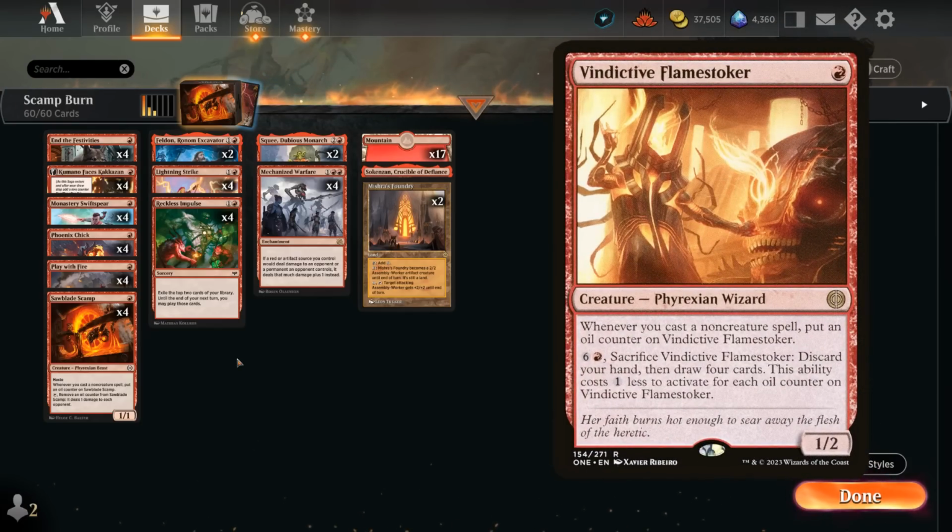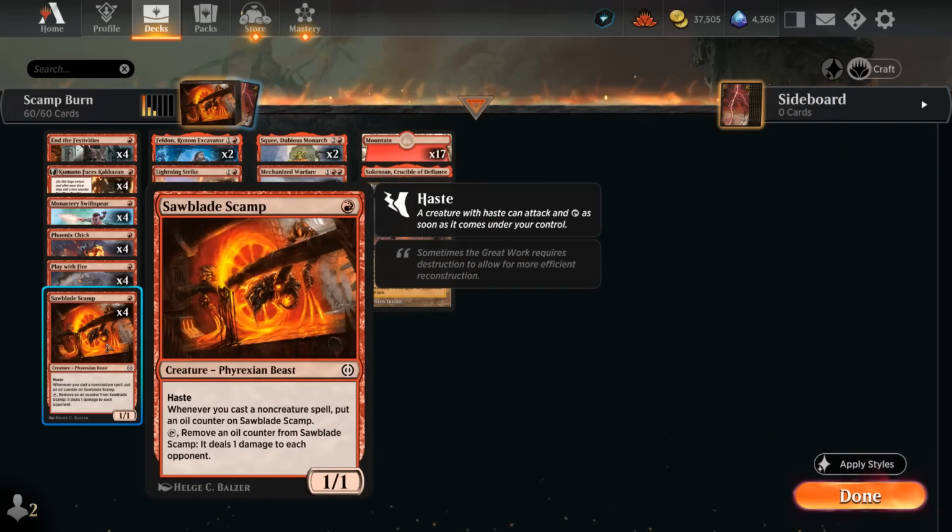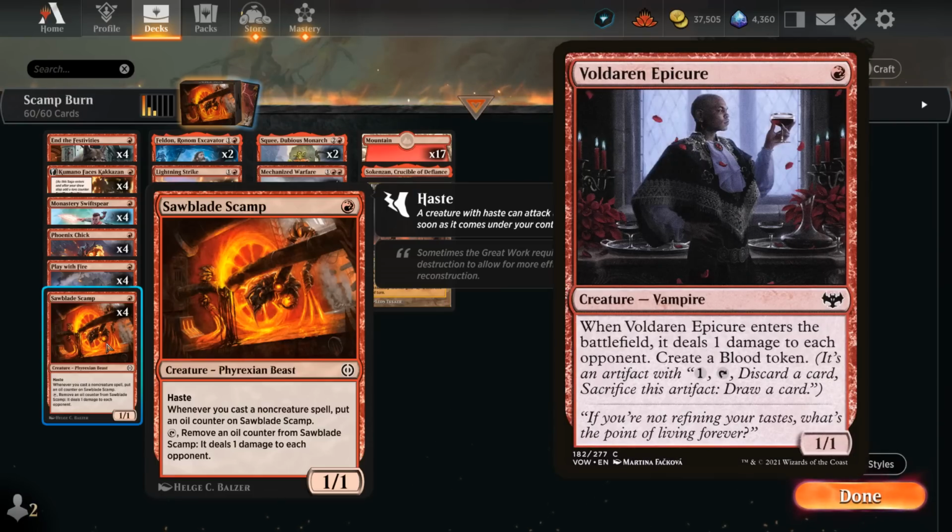And then the Flamestoker was also potentially a payoff worth looking at, as we can cast a few non-creature spells to add oil counters, and it can eventually refresh our hand. The problem I found with Flamestoker is that it doesn't attack as reliably as some of our other creatures, and the opponent often ends up killing it before we get a chance to refresh our hand, so that one also didn't make the cut. But I'm still playing 4 copies of the Scamp, which replaced Voldaren Epicure for me in